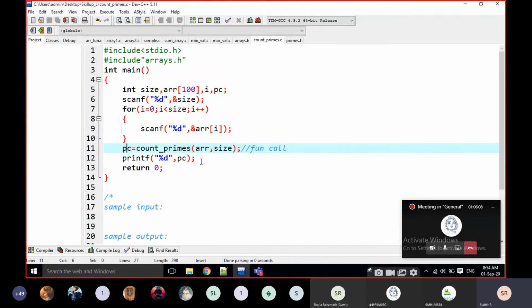Just note down. I think everyone has a little bit of confusion, but clarity comes from confusion only. Okay, just note down the main function first of all. I will tell you everything. Just note down the main function.